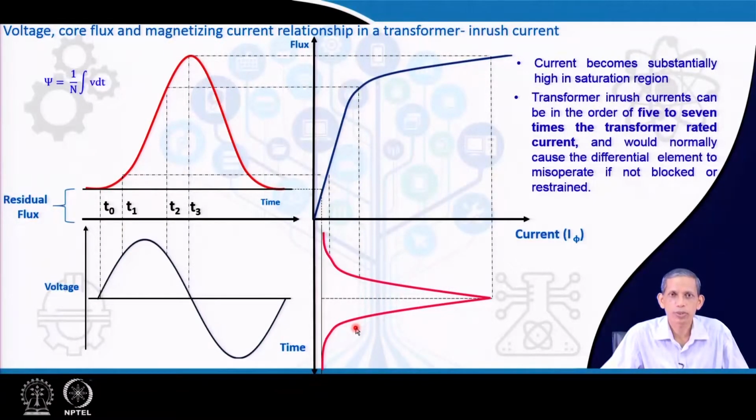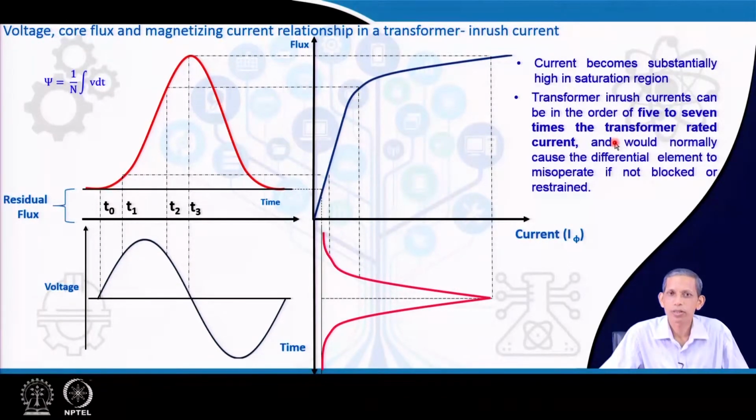During that time, because of this mu naught mu r, the mu r part changes substantially from this relation. Therefore, the inductance L phi becomes substantially low in the equivalent circuit diagram, and the magnetizing current becomes very high. This current can be as high as 5 to 7 times the transformer rated current,